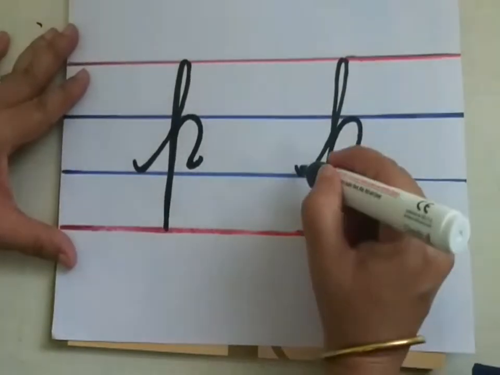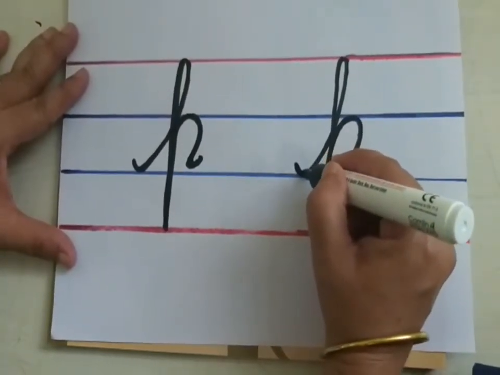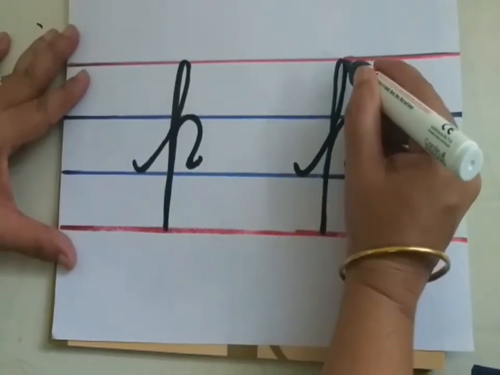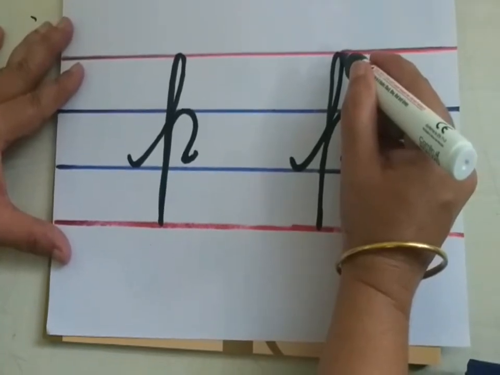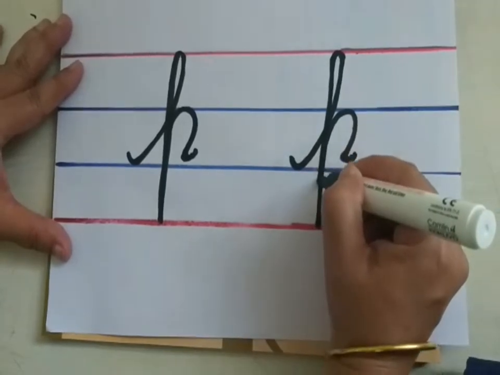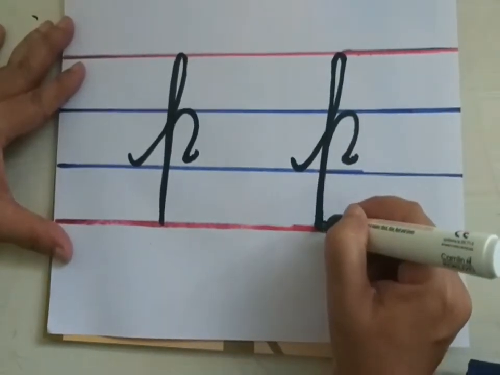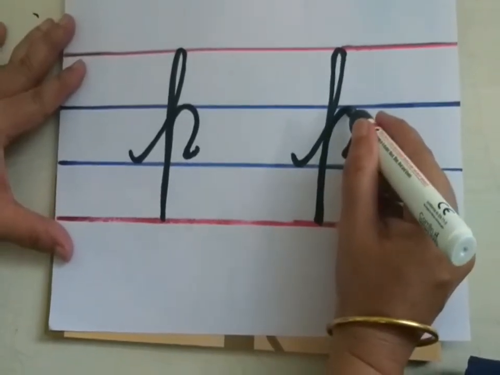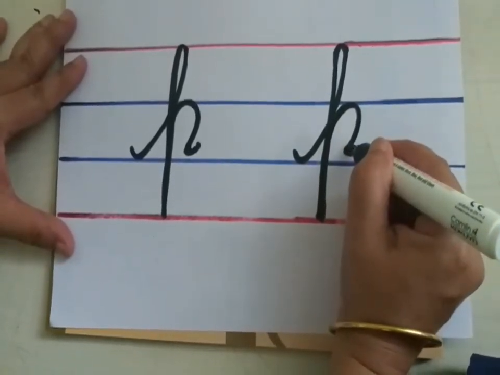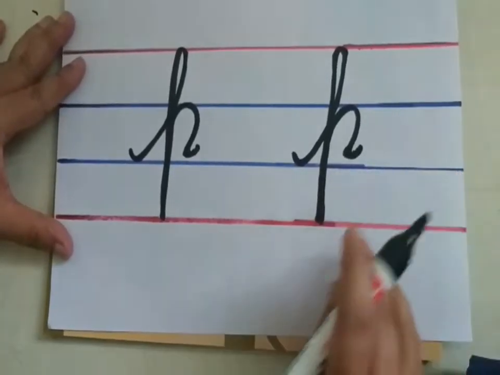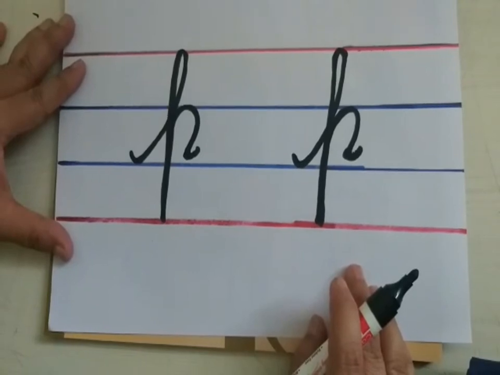Once again, shall we write? Make a small curve. Go up to the first red line, children, up. Okay. Now turn back. Come down to the fourth red line, down, children. Okay. Now go up. Again go up to the second blue line, children. Make a half curve here. And again make small curve. This is small cursive letter P. Small P.